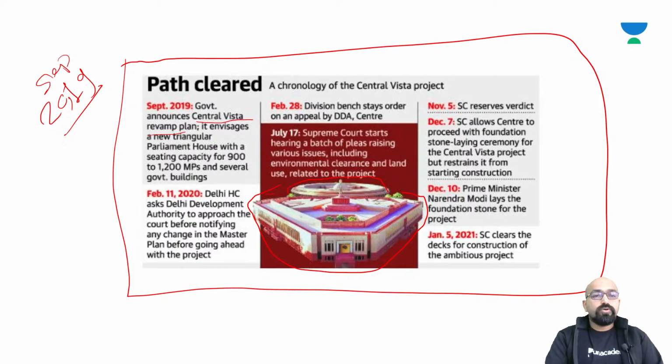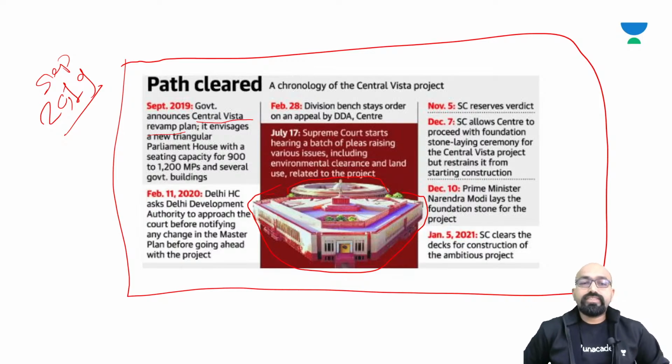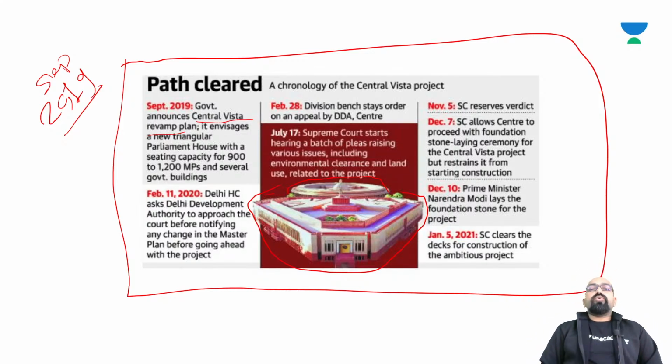Alright friends, so in September 2019, government announced the Central Vista revamp plan. It envisaged a new triangular parliament house with a sitting capacity of 900 to 1200 MPs and several government buildings. We'll see the details of sitting capacity and all this in the further slides. After that, next,